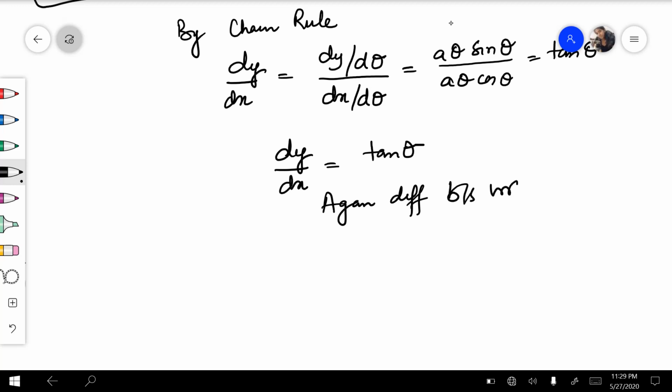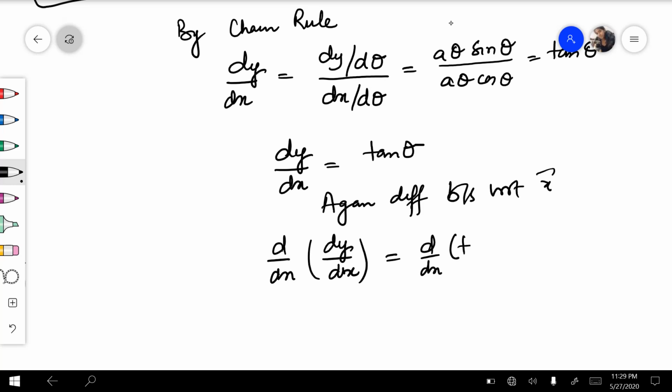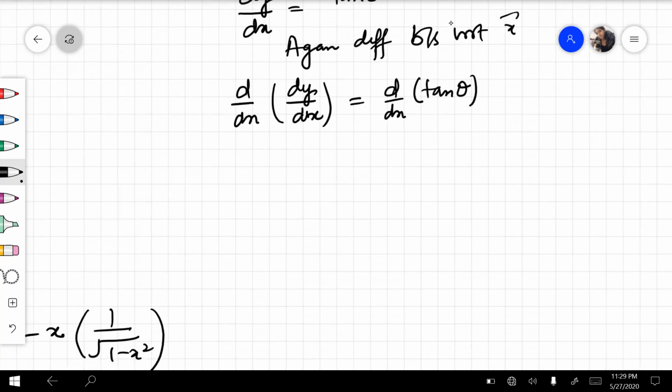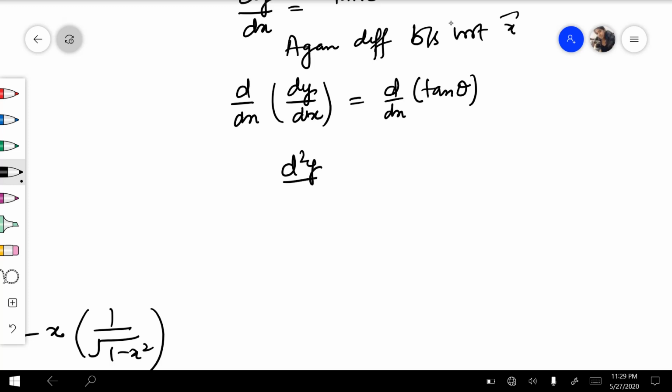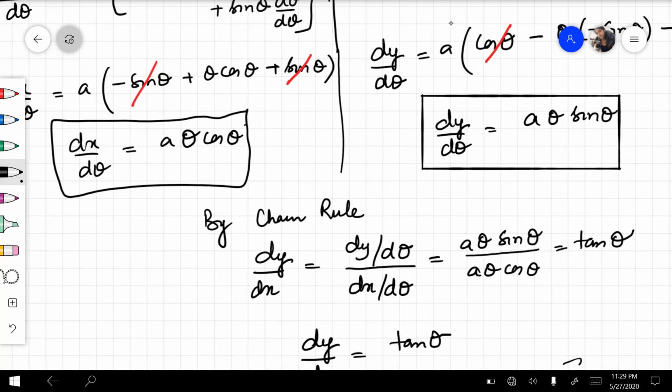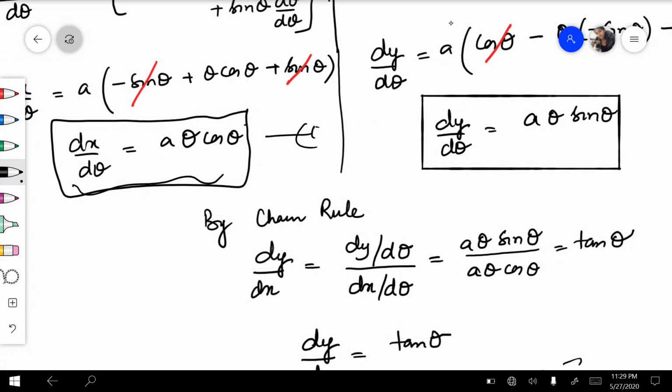both sides with respect to x, which gives you d by dx of dy upon dx is equal to d by dx of tan theta, which is equal to d2y upon dx square is equal to tan theta की differentiation secant square theta into d theta upon dx, और d theta upon dx हम कहाँ से लेके आएंगे, from this equation. For reference I'm taking this as first, तो dx upon d theta is equal to a theta cos theta,